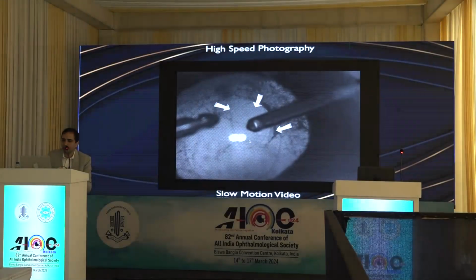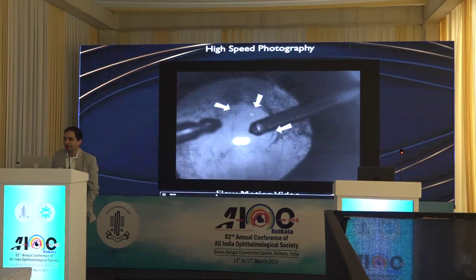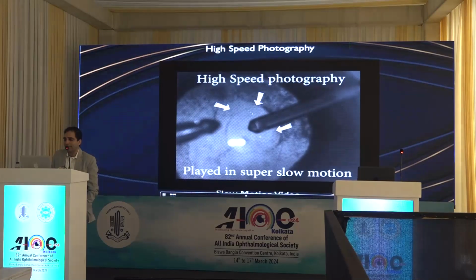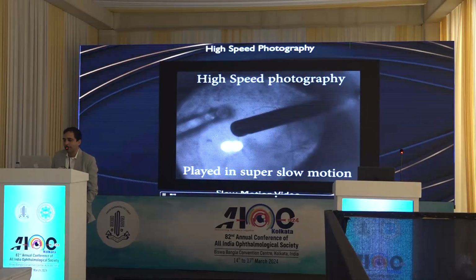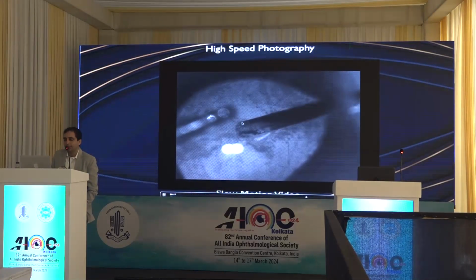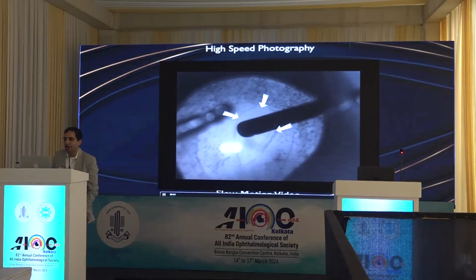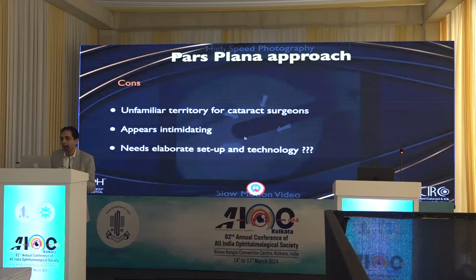This is a high-speed photography to show the same, that when you are doing limbal vitrectomy, here the port is facing up, there is significant drag on the vitreous, and you'll see the margins of the capsular tear enlarge. But even if you turn your face down through the posterior capsular tear, you are dragging on a much larger base or a larger chunk of vitreous, which causes a lot of turbulence